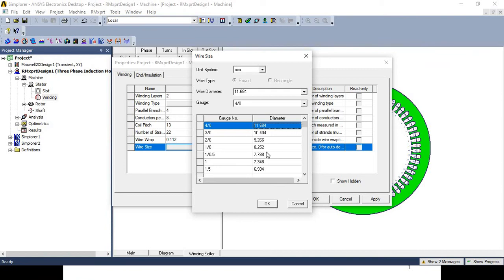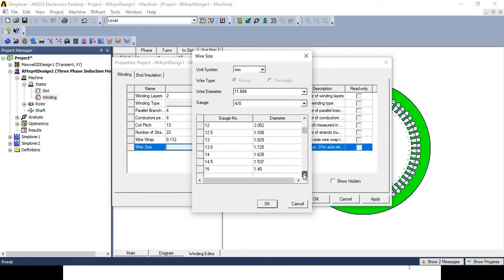For 1 gauge 7.348, 1.5 gauge 6.934, 2 gauge 6.543, 2.5 6.175, 3 5.827, 3.5 5.499. So these are the different options.